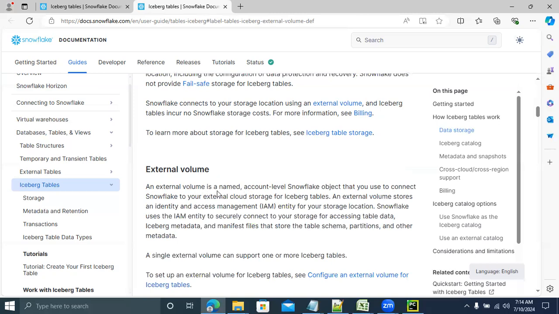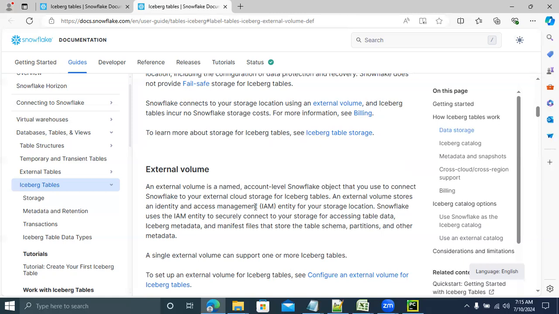This external volume is a named, account-level Snowflake object. If you want to connect your external cloud storage for Iceberg tables, you have to go with the external volume. It will store all the IAM, identity access management, information provided by AWS for your storage locations where the data got stored.